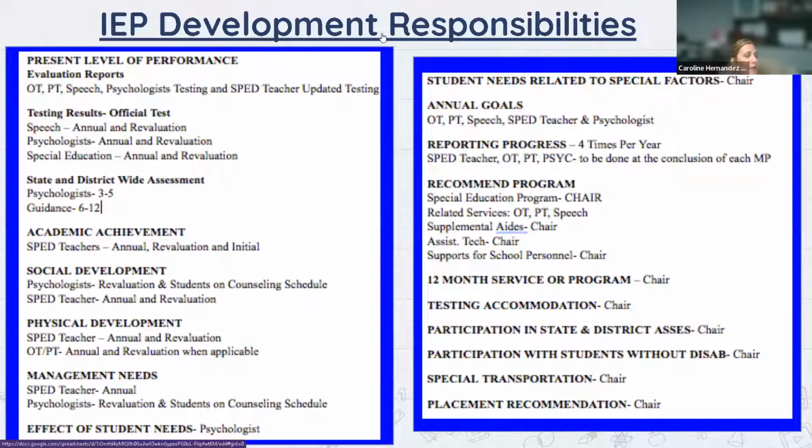So as your child requires it, there would be an IEP, or individualized education plan, that is developed for them. And here are the different aspects of an IEP and who is responsible for them. As we create it, there are many different practitioners, as you can see: related service providers, a special education teacher, a guidance counselor, a school psychologist, a general education teacher, all contributing to this individualized plan that will maximize the possibility of your student being successful.